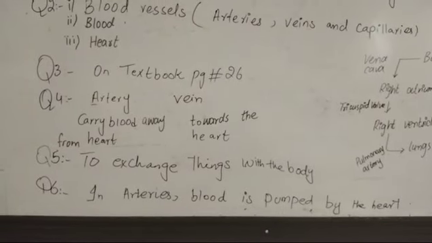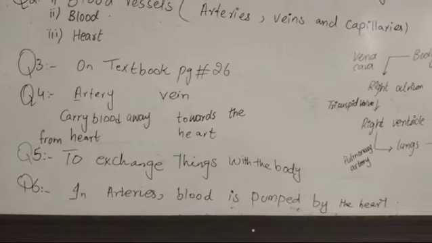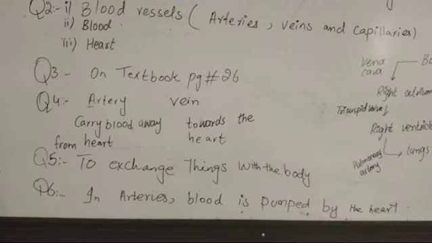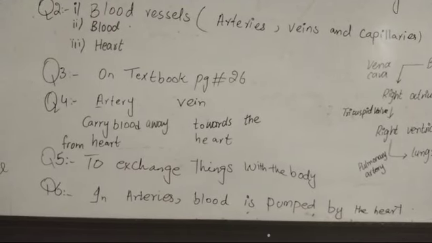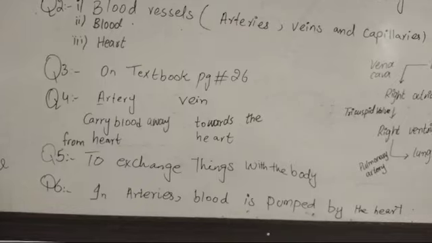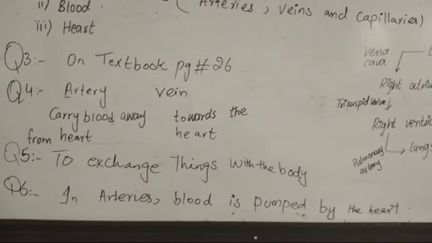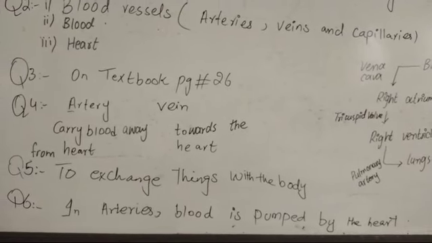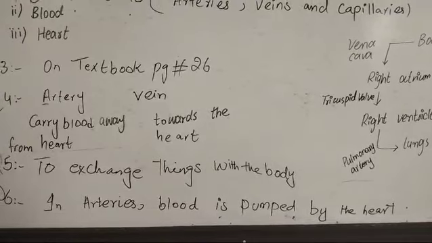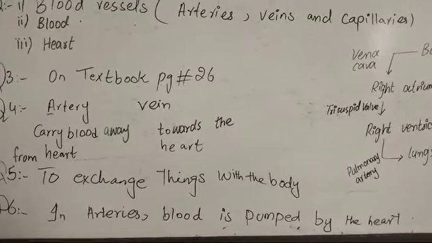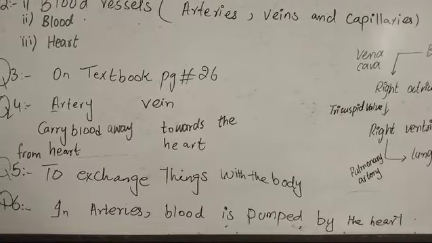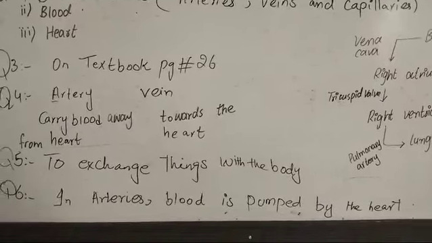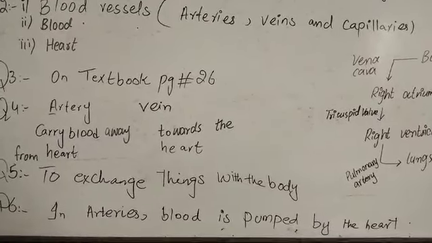The answer of question number 6 is, in arteries blood is pumped by the heart and the heart pumps the blood with high pressure. So arteries must have thick walls to bear the pressure of the blood. But when the blood goes to the capillaries, it exchanges the materials with the body, and then blood moves into the veins, and in veins blood is moved to the heart by the